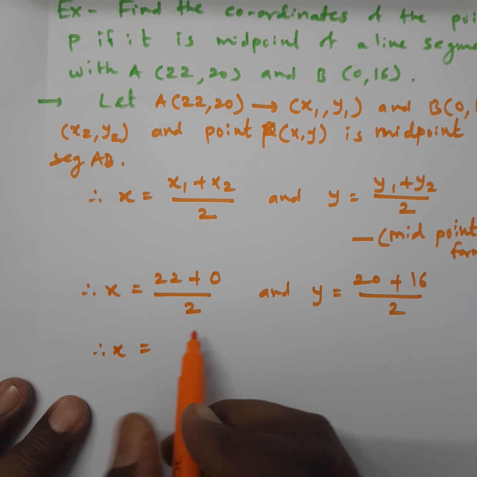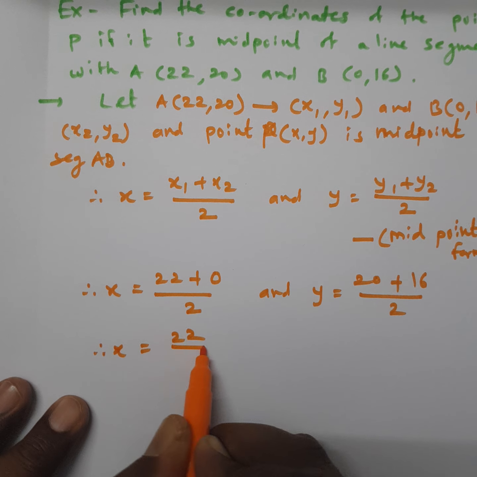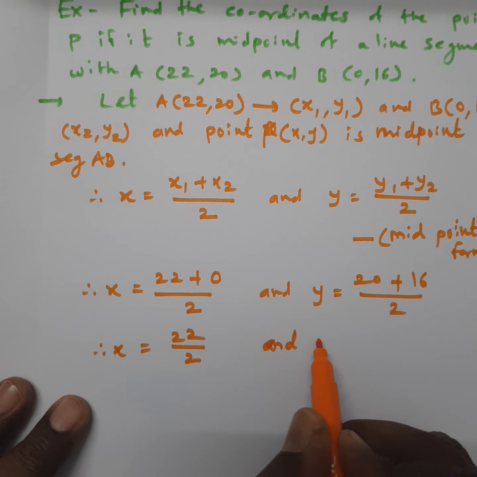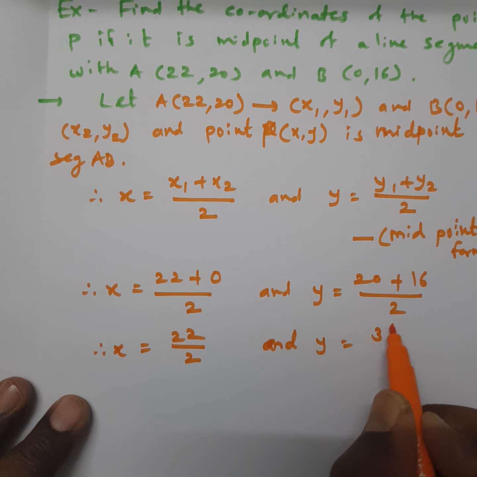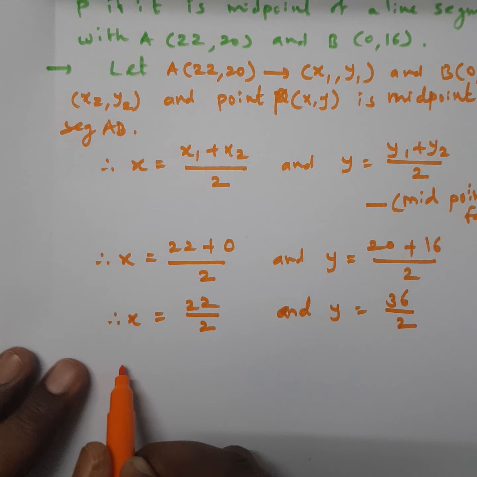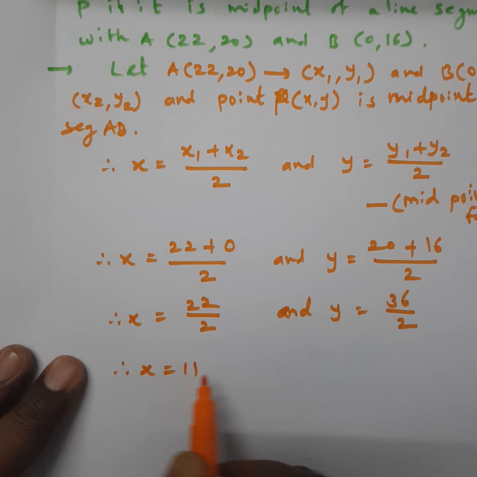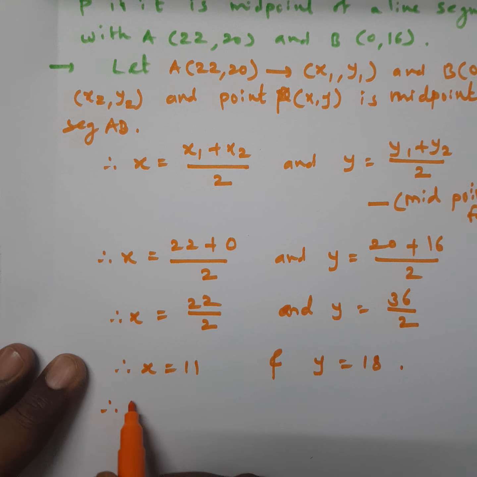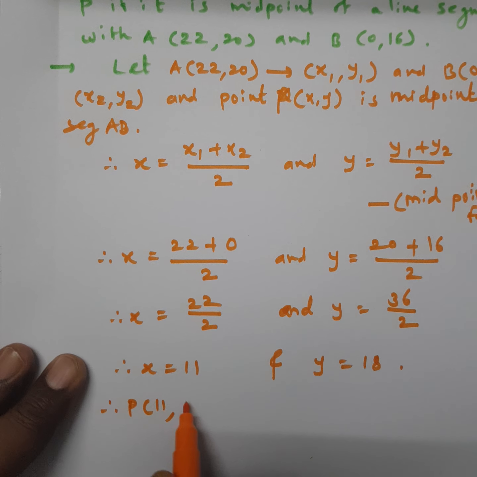Therefore x is equal to 22 upon 2 and y is equal to 36 upon 2. Therefore x is equal to 11 and y is equal to 18. Therefore P (11, 18)